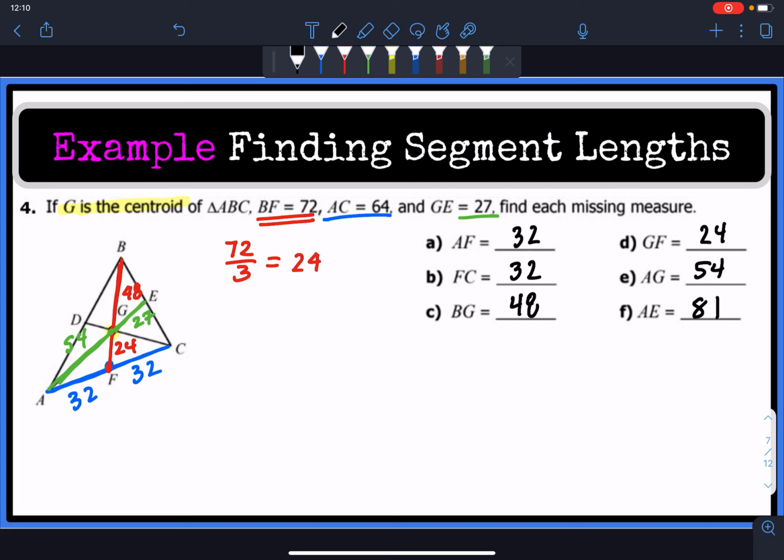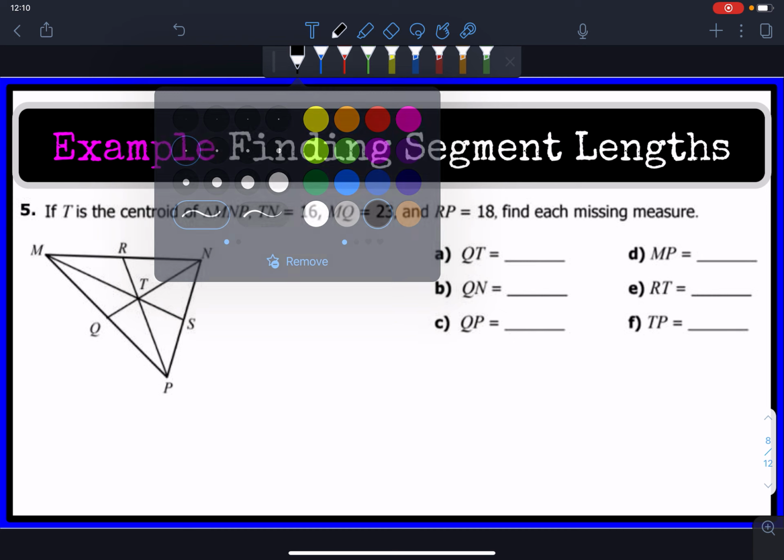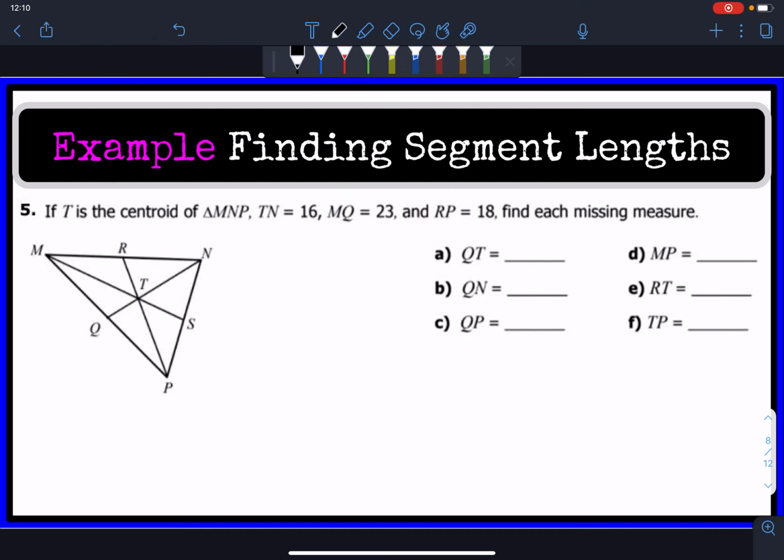Let's try a second one again by yourself. So try this one by yourself. All right, now that you've unpaused the video, let's see if you got these correct. So if T is the centroid, again,